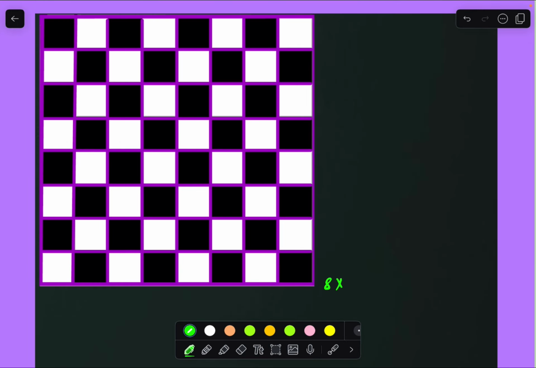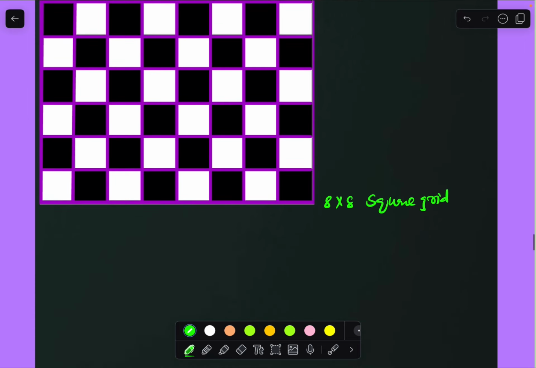8 rows are there, columns also 8 are there, right? It is an 8 by 8 square grid. And here also same thing, it is a square grid only. The total number of squares formula we know directly, right? So the total number of squares in this grid equal to how much? The total number of squares in an 8 by 8 square grid, we'll check once, right?